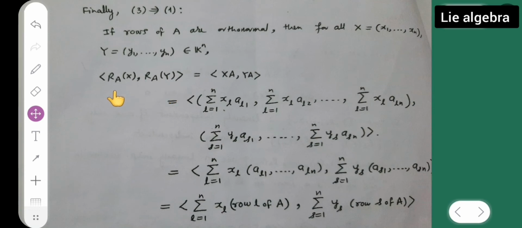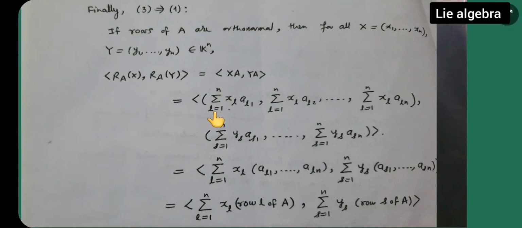Now the inner product of Ra of x comma Ra of y is equal to, now this I will write as xa comma ya. Now this is equal to what? This is the xa part, comma this is my ya part. So first let me write the xa part.